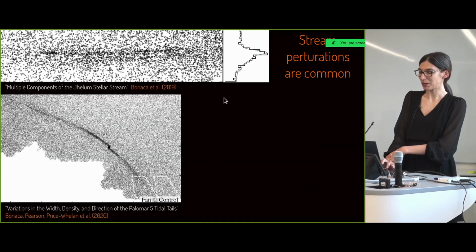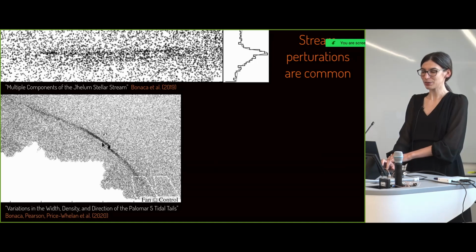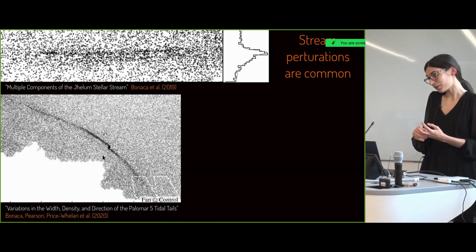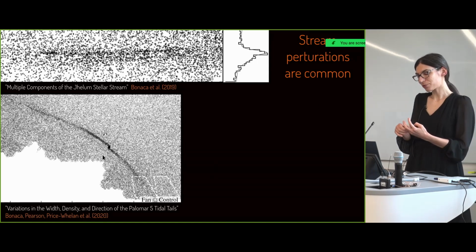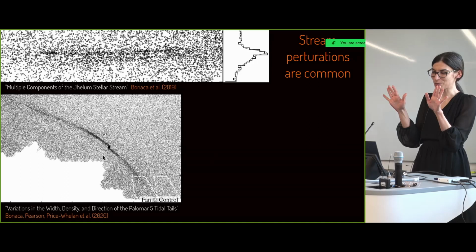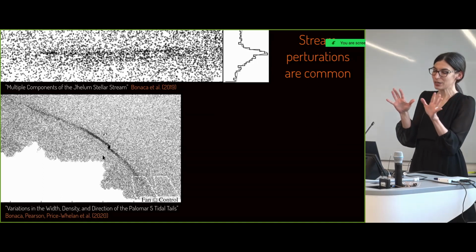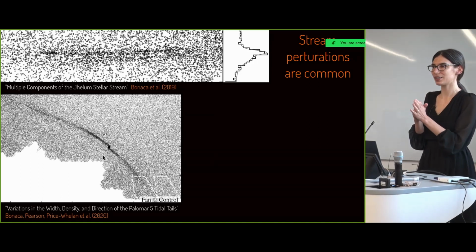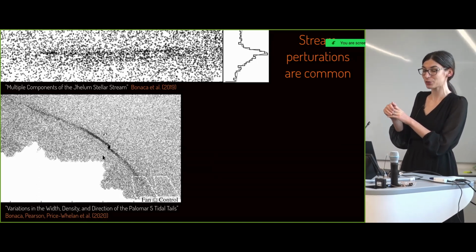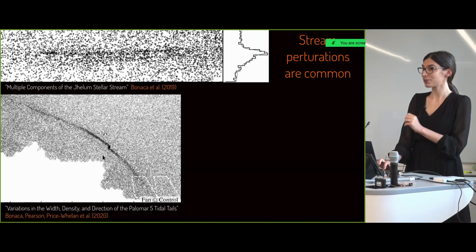Then we have the Palomar 5 globular cluster. This is based on data from the Dark Energy Camera. The stream is at a distance of 20 kiloparsecs, so mapping it with Gaia alone is pretty hard, but we're showing here that even just having deep photometric data, we can reveal density variations in such a more distant stream.